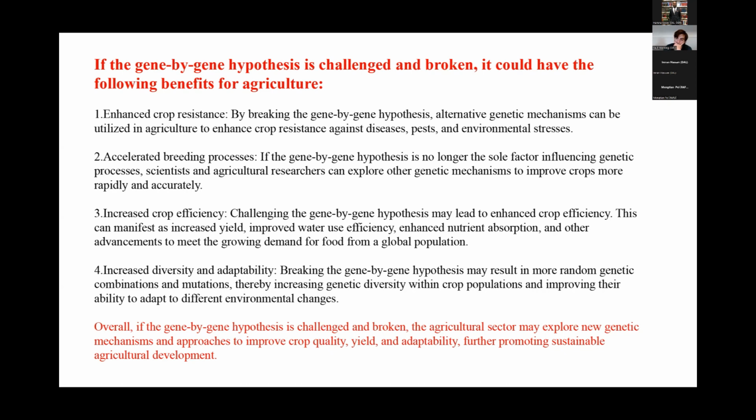adaptability. Breaking the gene-for-gene hypothesis may result in more random genetic combinations and mutations, thereby increasing genetic diversity within crop populations and improving their ability to adapt to different environmental